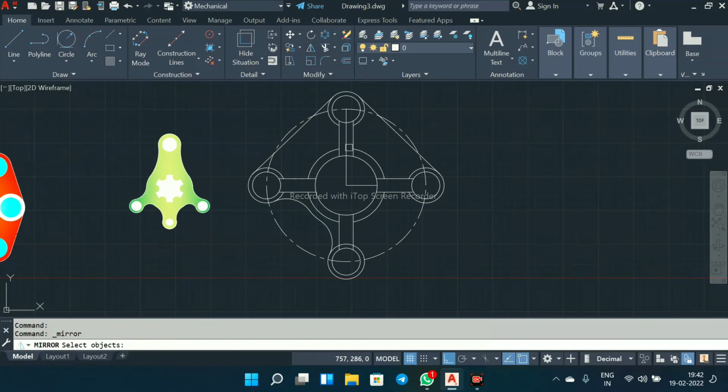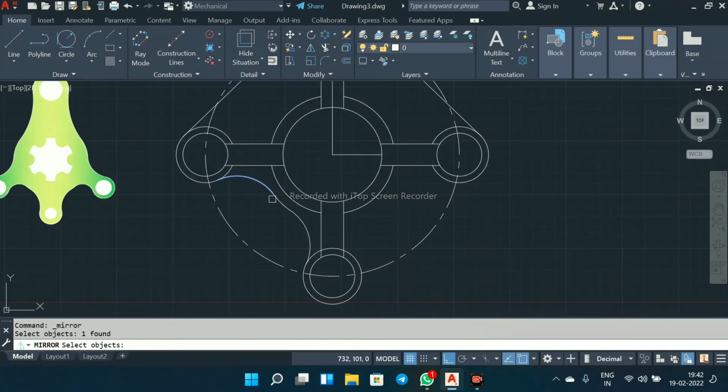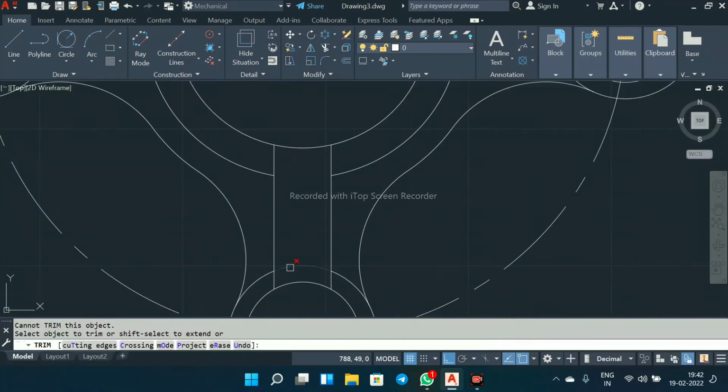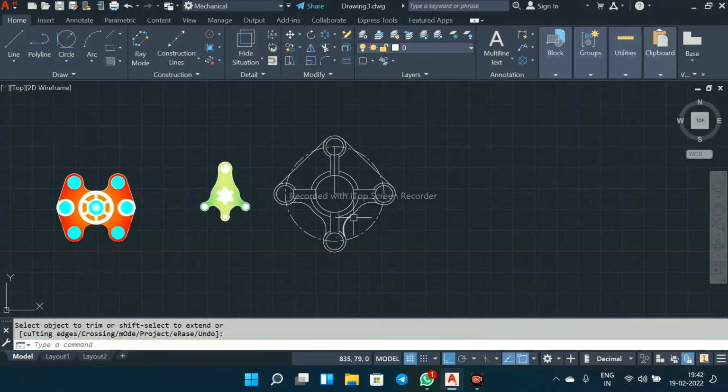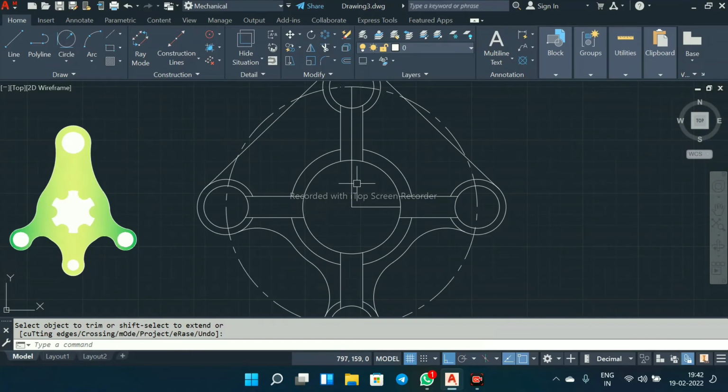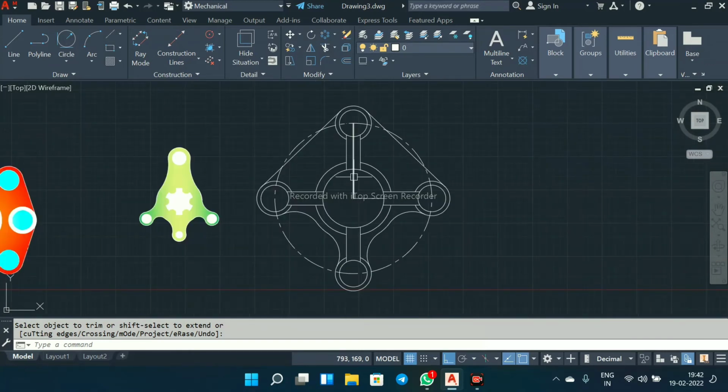Again we have to choose here mirror command. Select this point and this point. Right click, enter. Now again go to trim. One thing, this we have to trim it. So our 2D sketch is completed here.